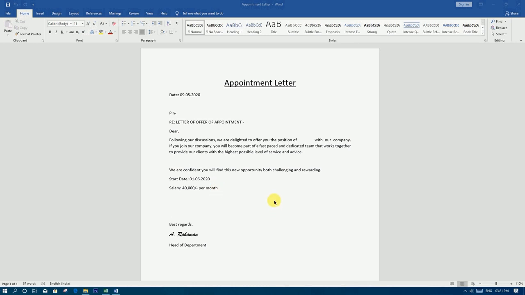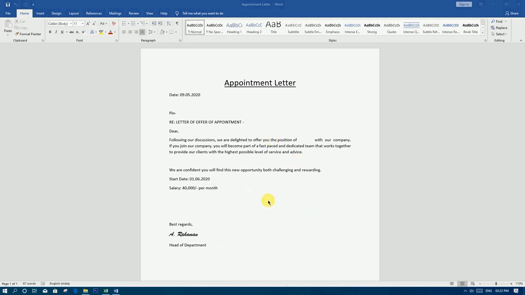This feature usually works in a word processing document which contains fixed text and there will be variables. So let's see how we will use this Mail Merge tool. You can send an email using Mail Merge, you can print the document and also you can edit any of the documents.